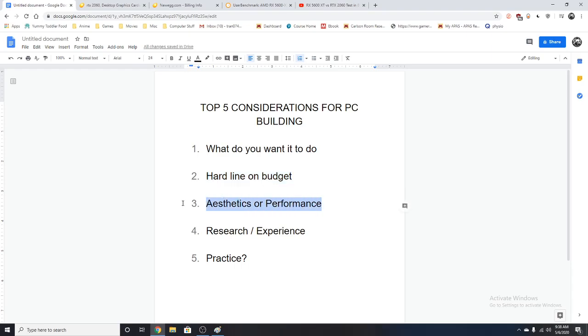So the third consideration that I have is aesthetics or performance. So obviously, as gamers, we want the best performance, typically speaking, especially if we don't have money, right? So we want to pay exactly the minimum that's required to get the most FPS. And most people will tell you, whether you're Intel or AMD, NVIDIA or AMD, people will start to lean more on the AMD cards because they're cheaper, right? And then other people will say, well, NVIDIA has the best frames anyway, and that's worth paying the higher premium. So whatever your take is, understand that there is aesthetics and then there is performance